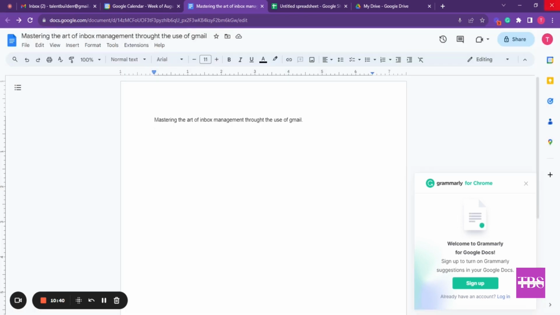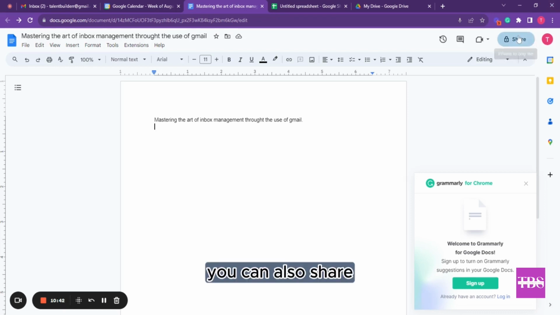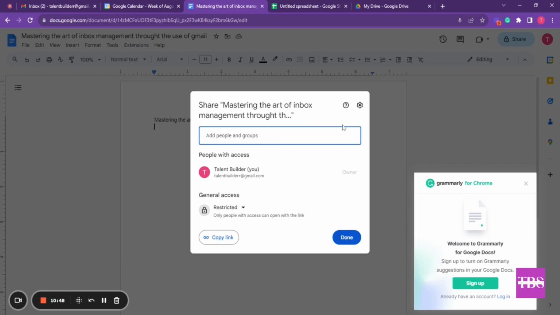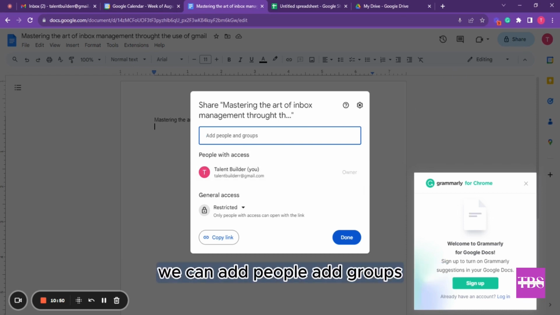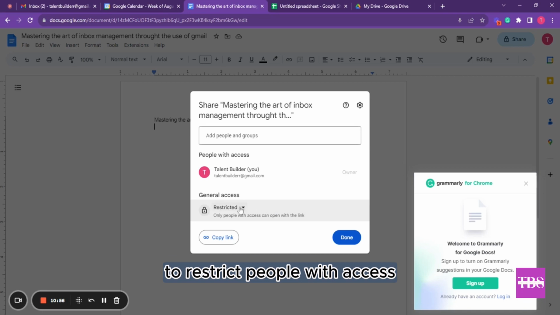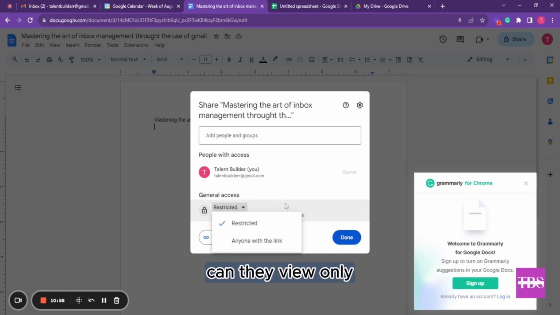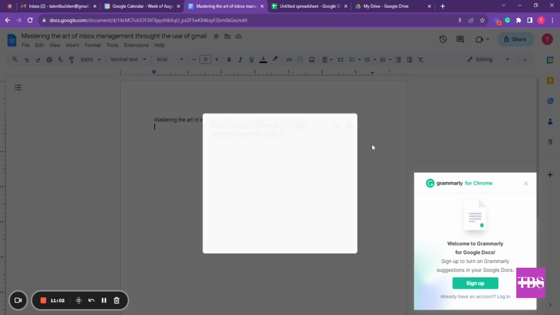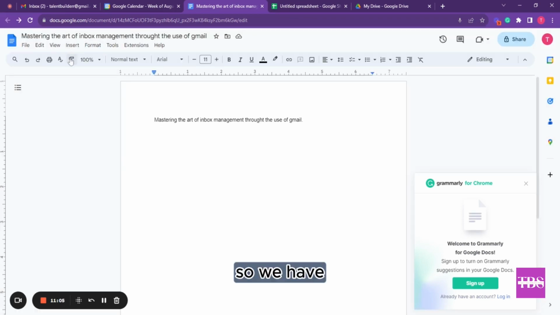Then we can also share through this place. Click on that share icon by the top right corner. We can share, we can add people, add groups. You can also copy link. And when you share, you can also restrict people with access. Can they view only? Can they edit? You know, yeah. So we have